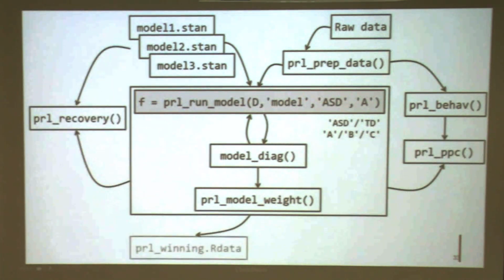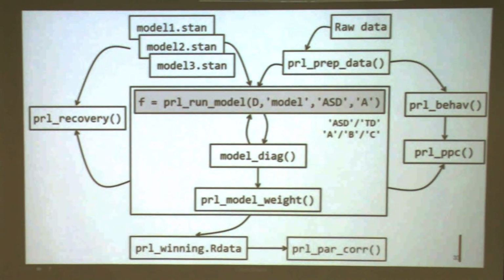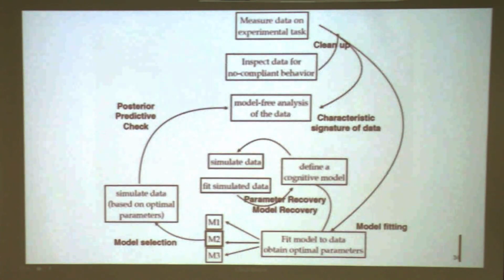So essentially, there are more steps, and then eventually you can write a paper about it. To begin with, you have some measured task, and you do some cleaning. For example, some participants maybe didn't press the button in time for more than 50% of the time; these can be discarded because the quality is relatively low. So you clean up the data and then do some analysis without the model. This is called model-free analysis.